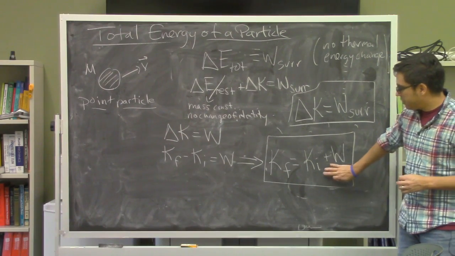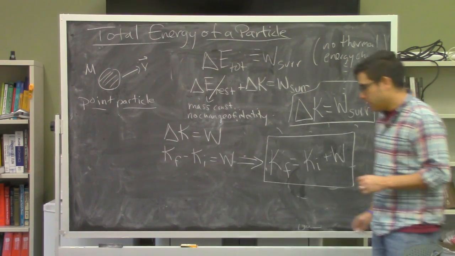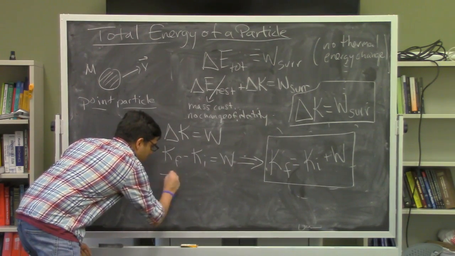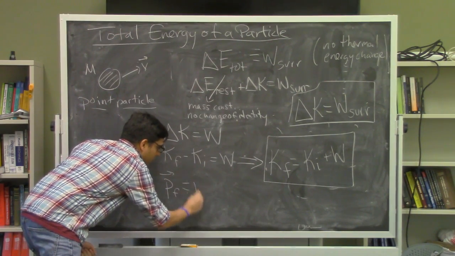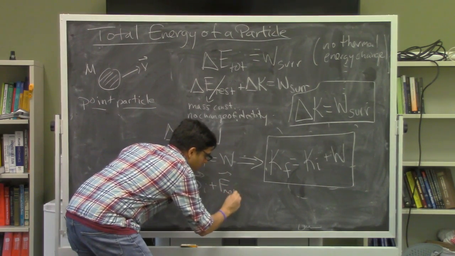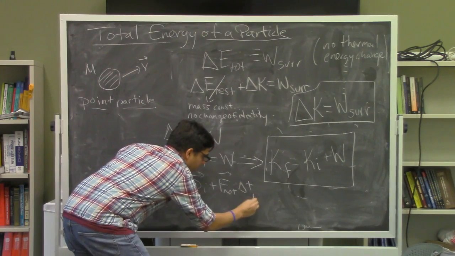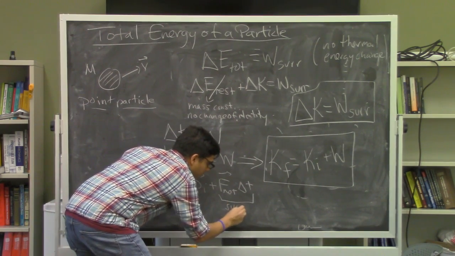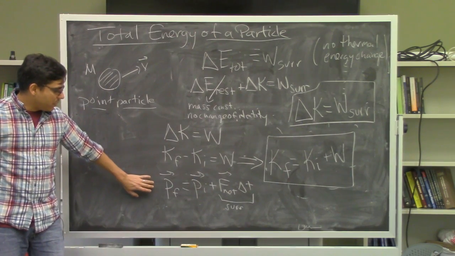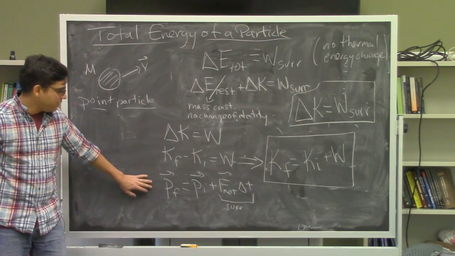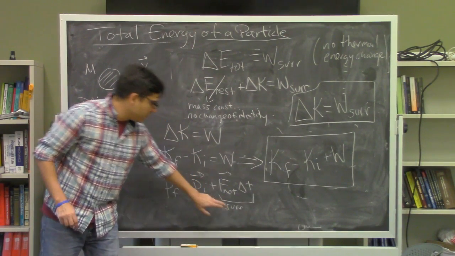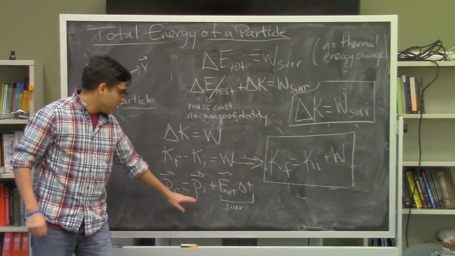You might notice that this seems very similar to another equation that you had that was a prediction equation. This was the momentum prediction, which is P final is equal to P initial plus the net force times delta t, where this is actually due to the surroundings. So you can see a very similar analogy here, and actually the analogy extends pretty far. If we know about the impulse that the surroundings delivers, the force times the time, I can tell you what the new momentum